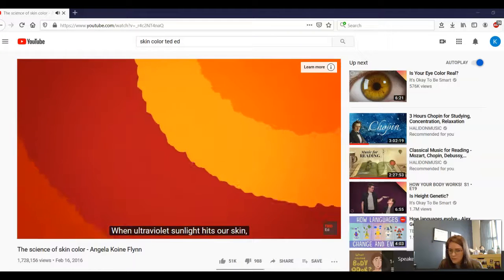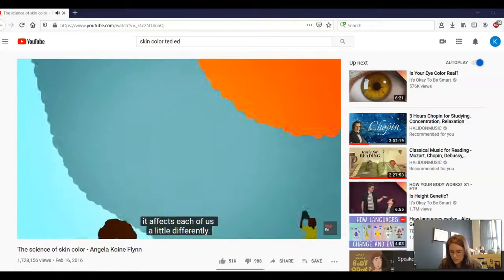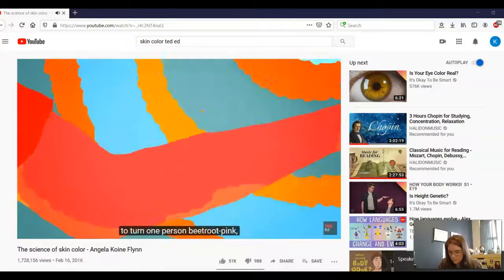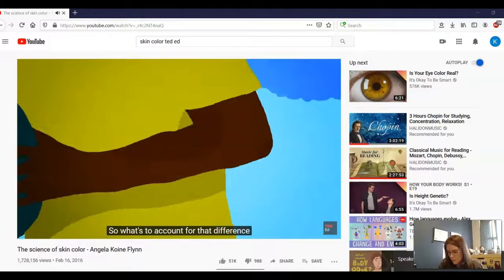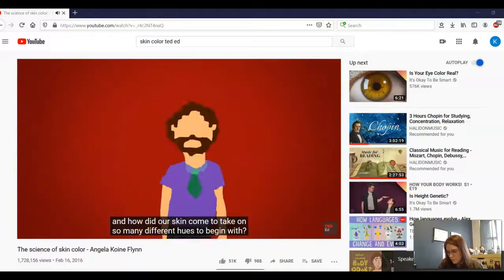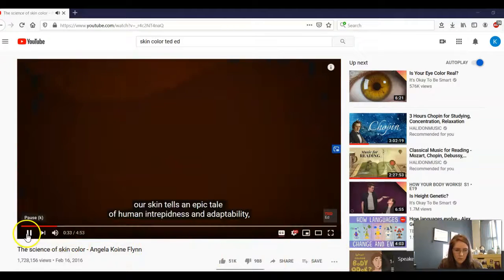When ultraviolet sunlight hits our skin, it affects each of us a little differently. Depending on skin color, it'll take only minutes of exposure to turn one person beetroot pink, while another requires hours to experience the slightest change. So what's to account for that difference, and how did our skin come to take on so many different hues to begin with? Whatever the color, our skin...